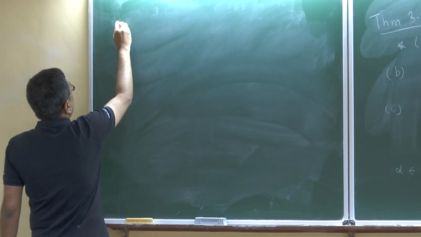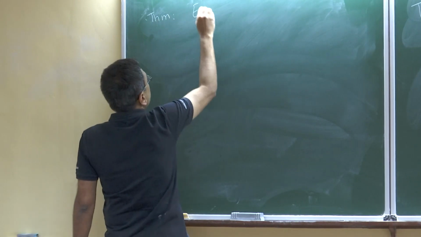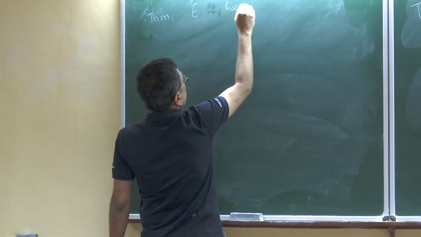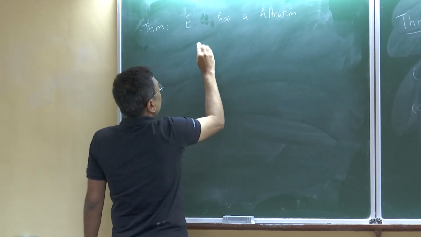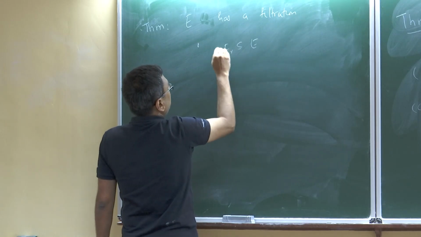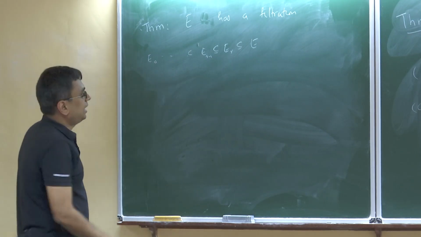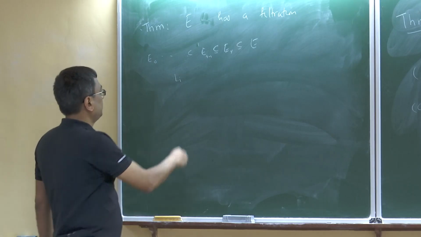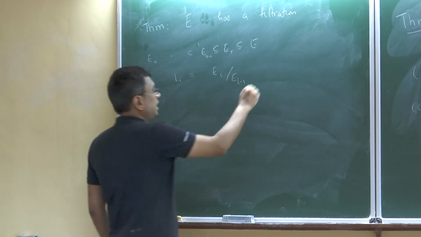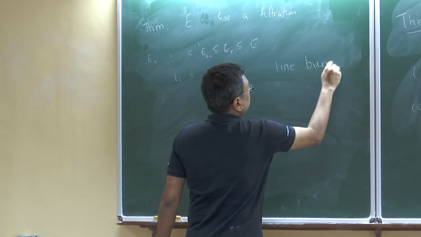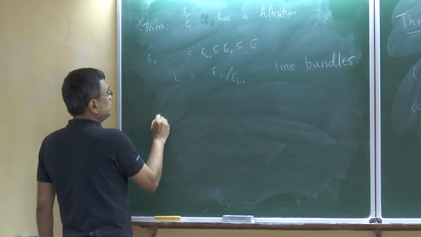Now here is a theorem. If E has a filtration, with E_{r-1}, the same notation as in the lemma, and the L_i the same. I could have just written that the notation is the same as in the lemma, but anyway, too late. So E equal to, where the L_i are line bundles. Then the claim is that the total Chern class of E,